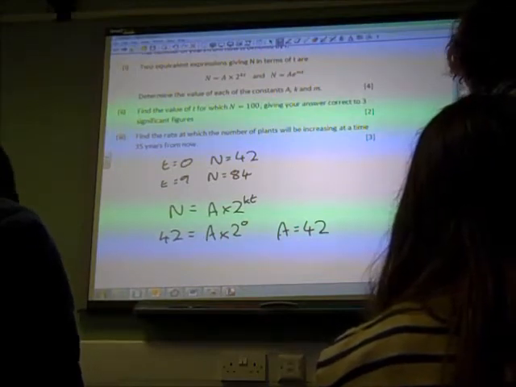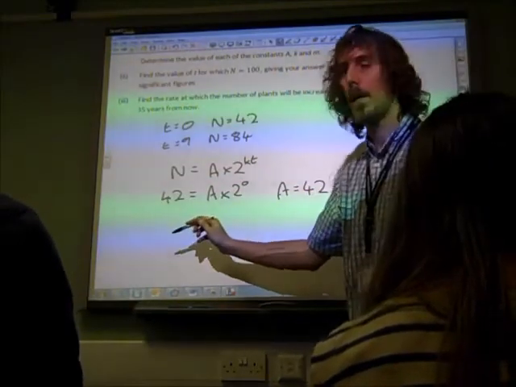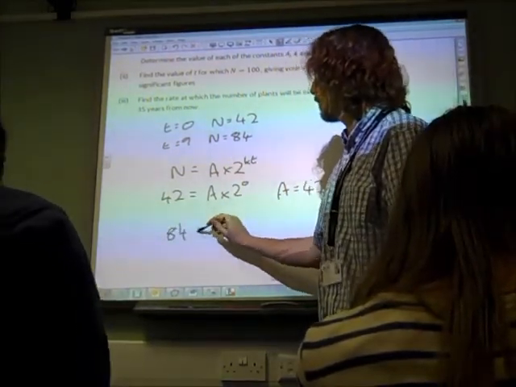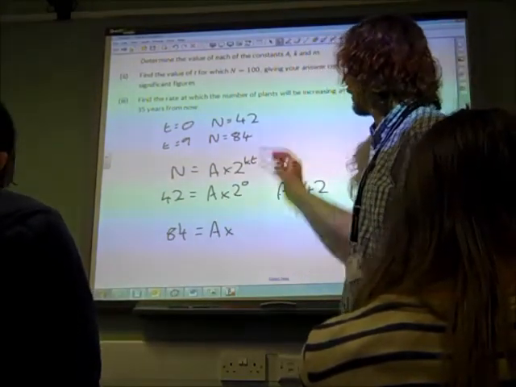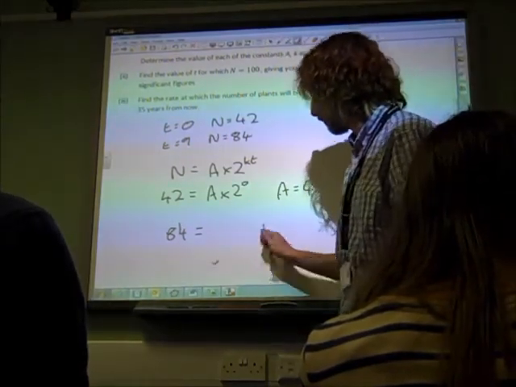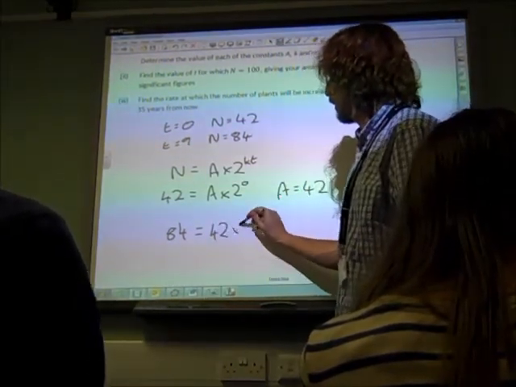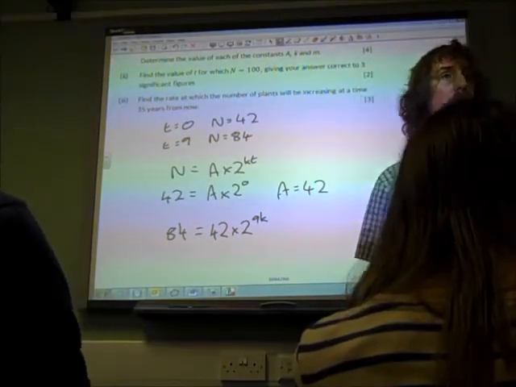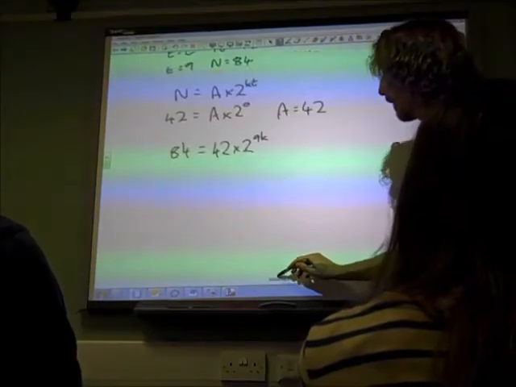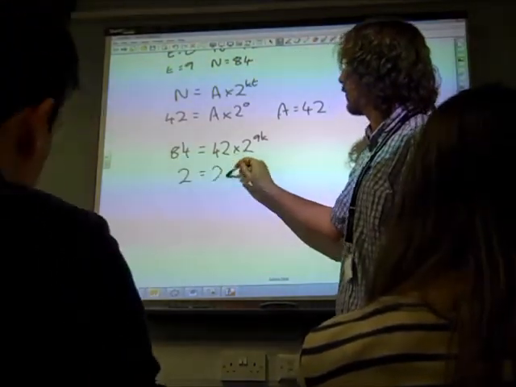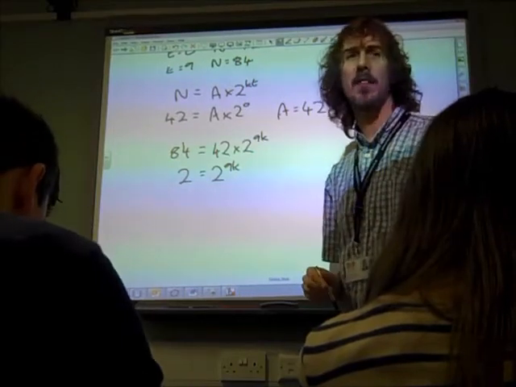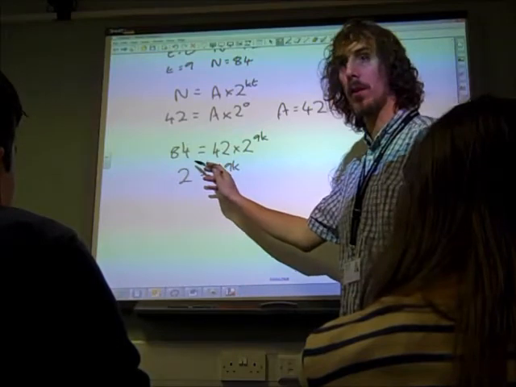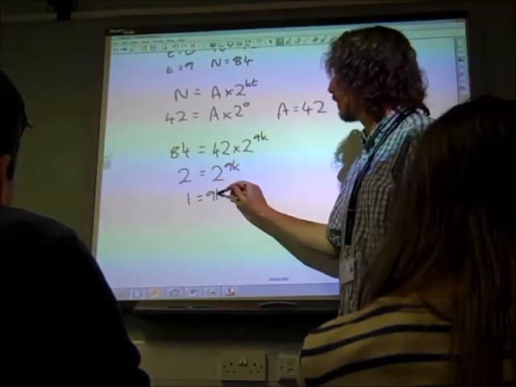Now let's work out the others. Now we need to use our other condition. If t is 9, n is 84. So 84 is a times, 42 we now know, times 2 to the 9k. Now based on that, we've got that 2 is 2 to the 9k. And this is a really easy model, isn't it? If we've got that, then it must be that 1 is 9k. So k